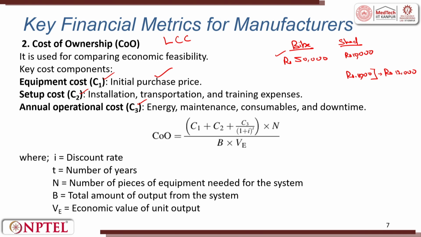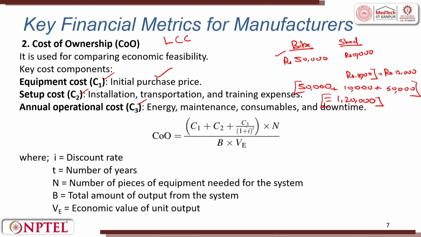And if you are operating this bike for 5 years, the total investment would be 50,000 plus 10,000 plus for 5 years 12 into 5, 60,000. This is the total cost of ownership of the product throughout its life cycle. It is the cost of ownership. So this turns out to be rupees 1,20,000 for a 5-year period. So here cost of ownership is given by a relation C1 plus C2 plus C3,